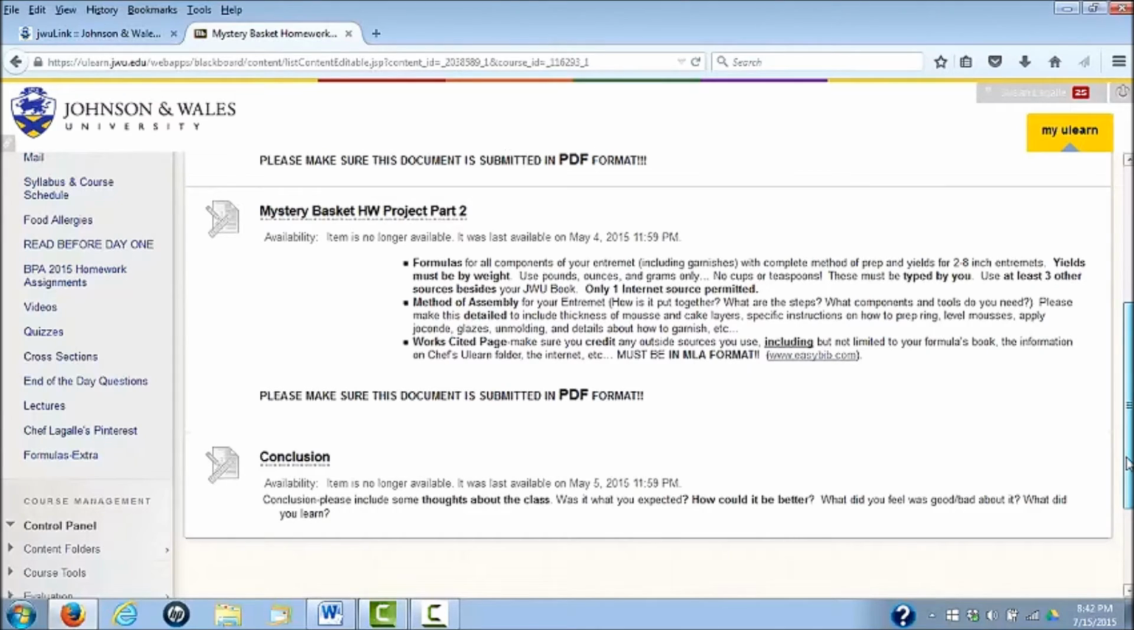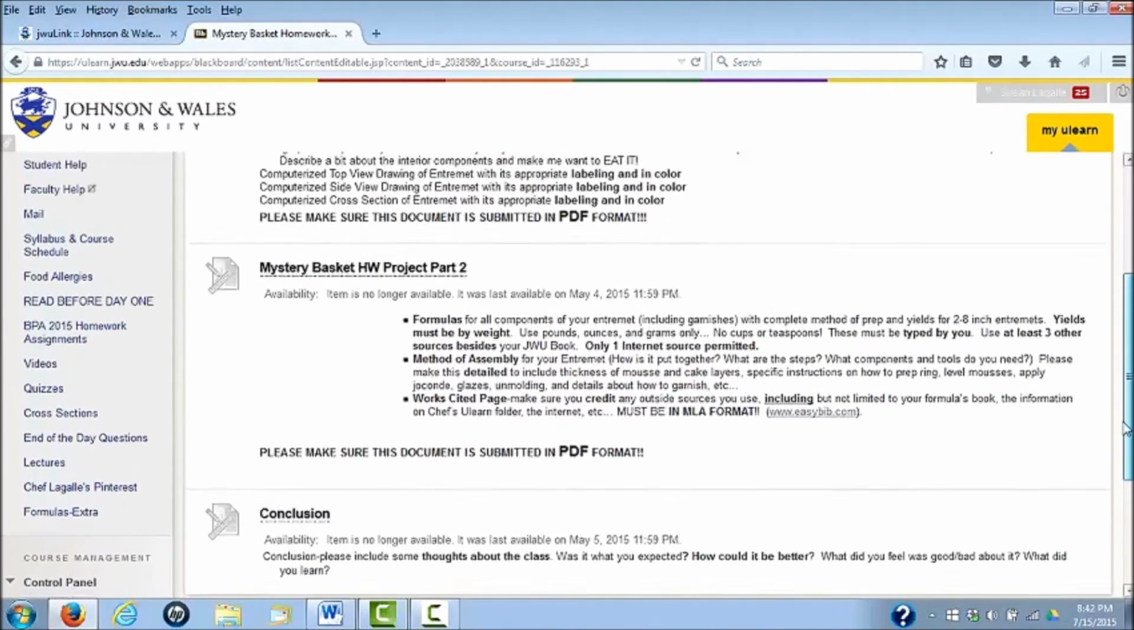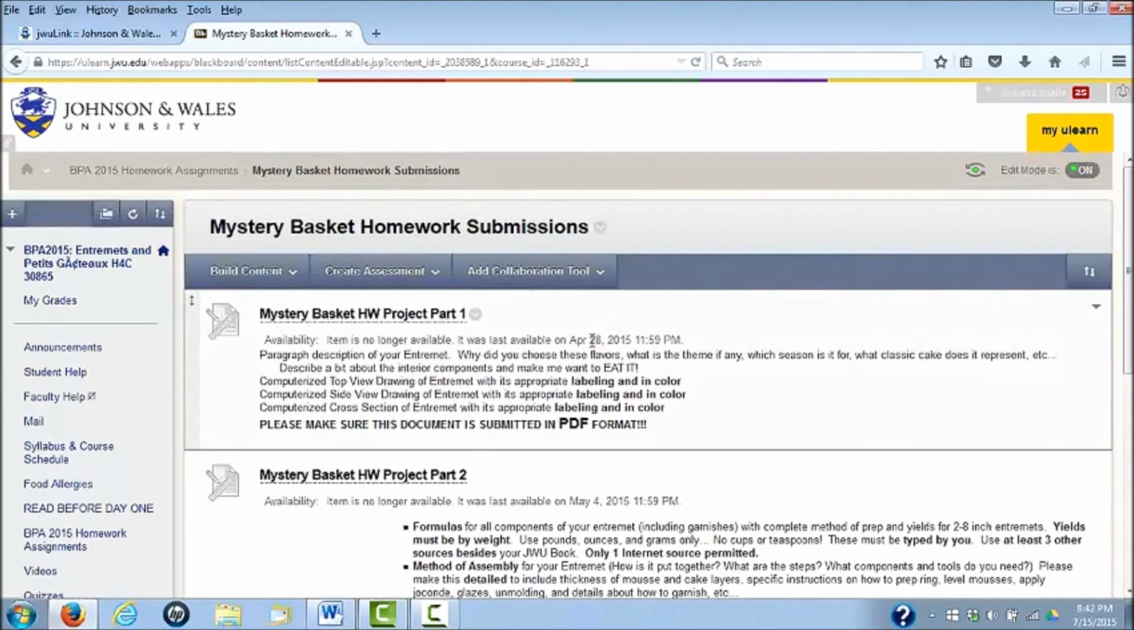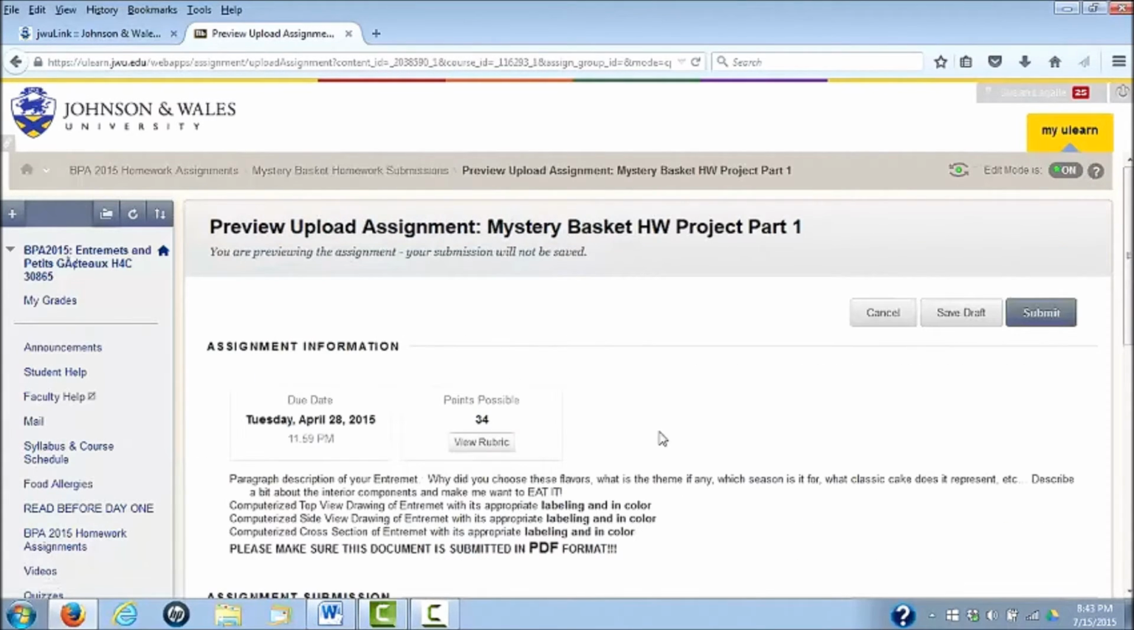All 3 sections should be in PDF. That would be the easiest thing for you. And again, just keep them separate so I don't have to do a lot of scrolling when I'm trying to grade these online. Obviously, in order to submit, you would click on the title, and that will bring you through,